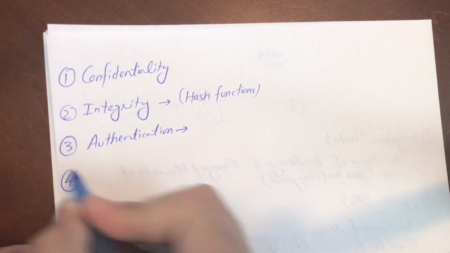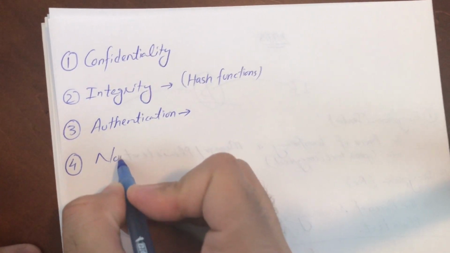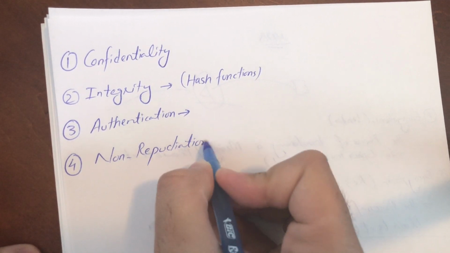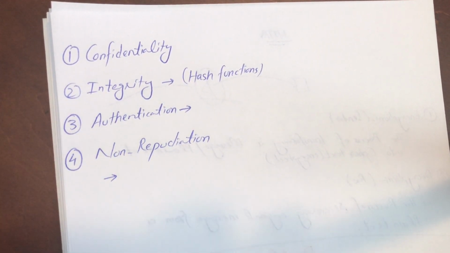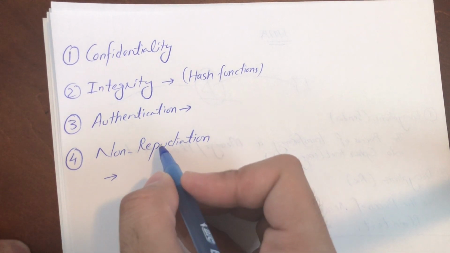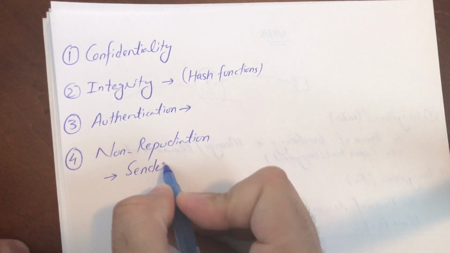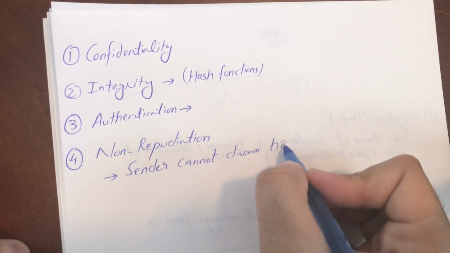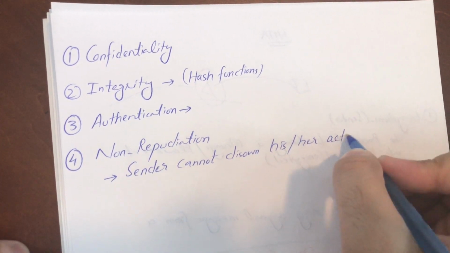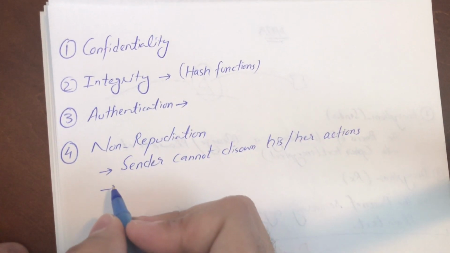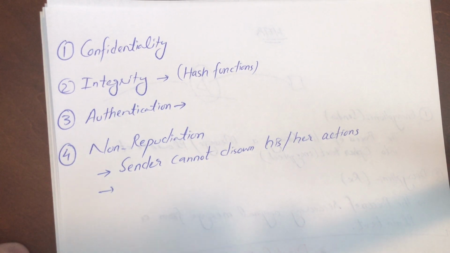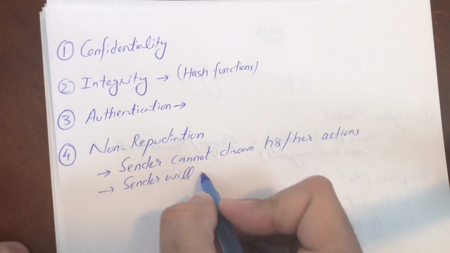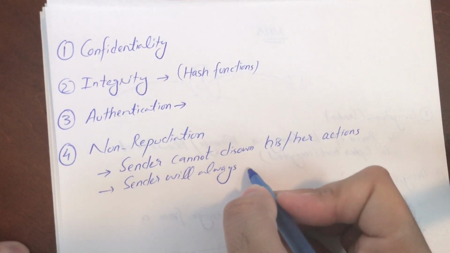The last and most important trait is called non-repudiation. Non-repudiation is basically, it makes people loyal. Within non-repudiation, the sender cannot disown his or her actions. So whenever the sender sends a message, the sender will use his private key to sign. So the sender will always digitally sign